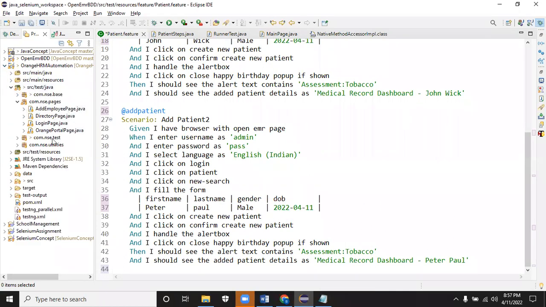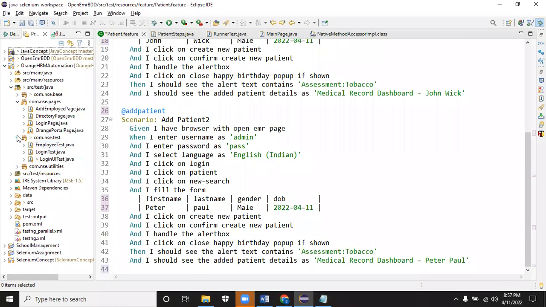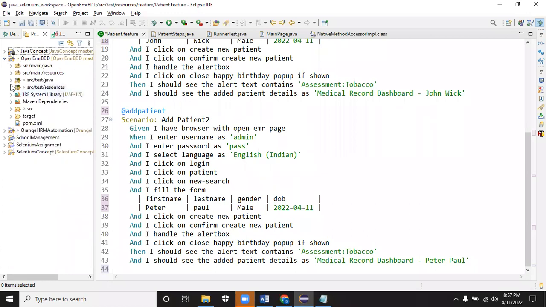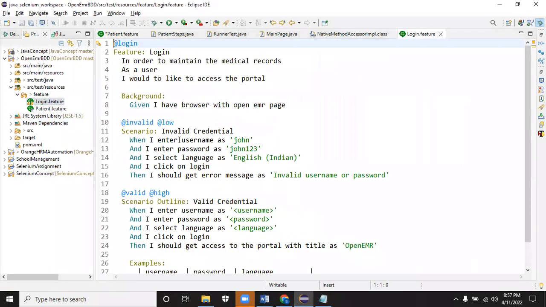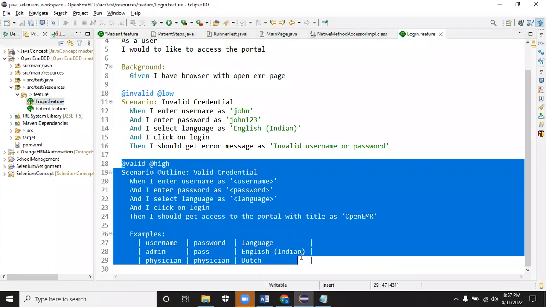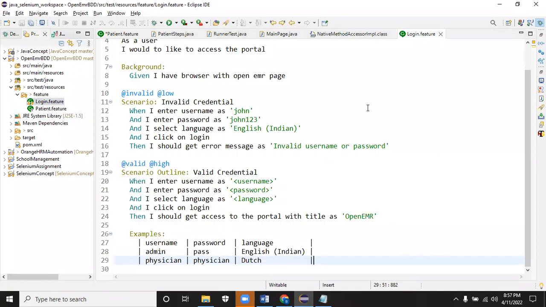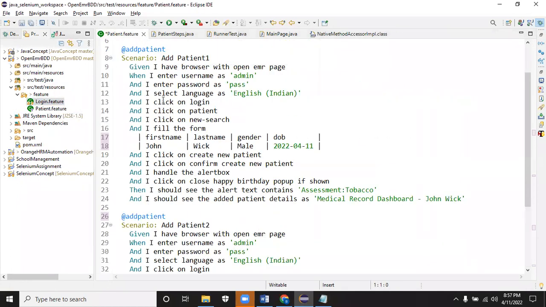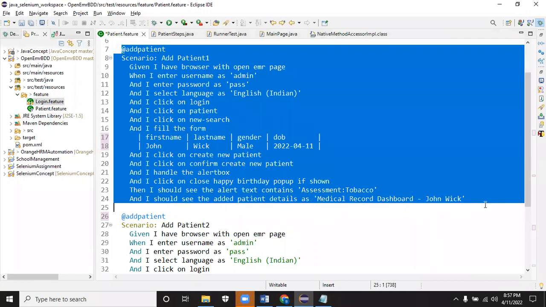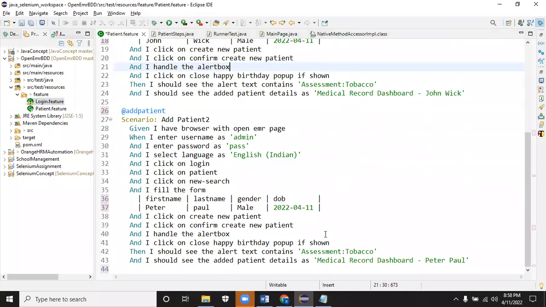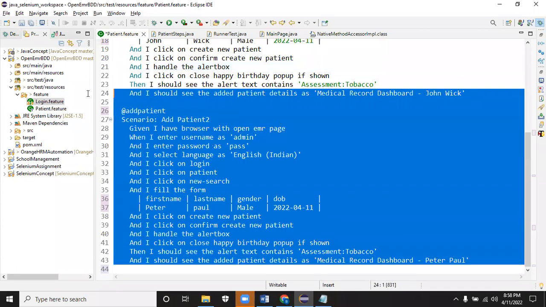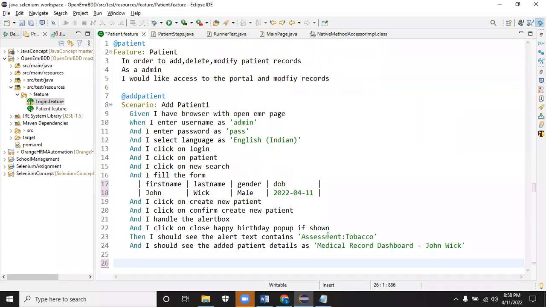Just do it for one record. We can easily convert it to scenario outline. One scenario we created for valid credential, right? Then we converted it to scenario outline, right? That we can do for this also. After finishing for one person, we can create it as scenario outline so that I can add multiple records. Right now you can concentrate on one patient and add the record. We'll complete the validation. Then we'll convert that into